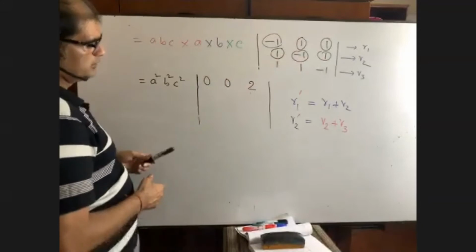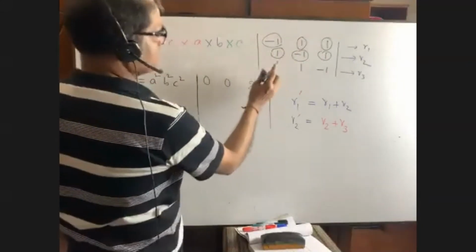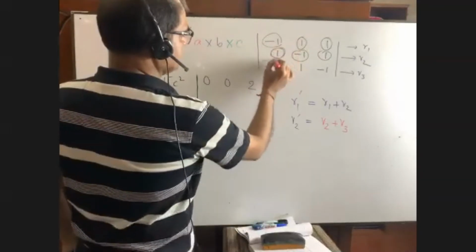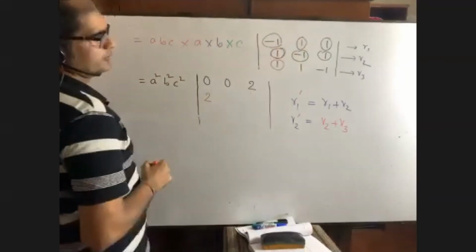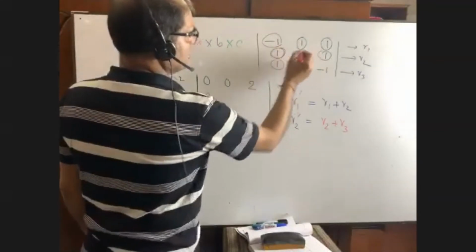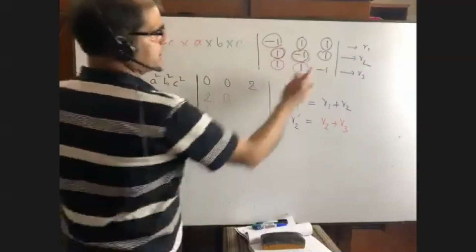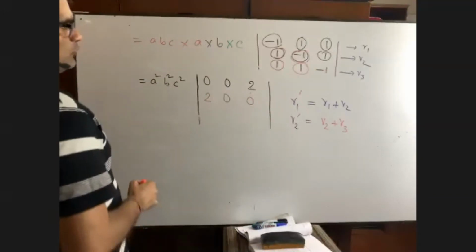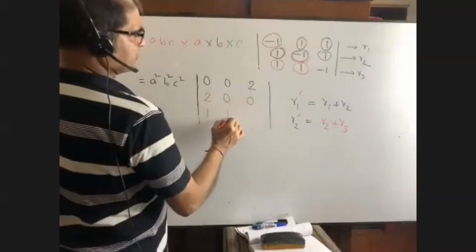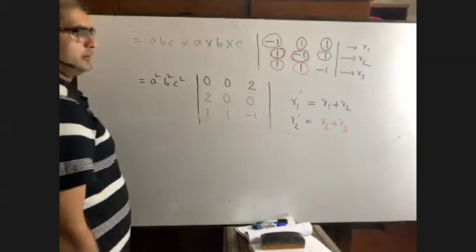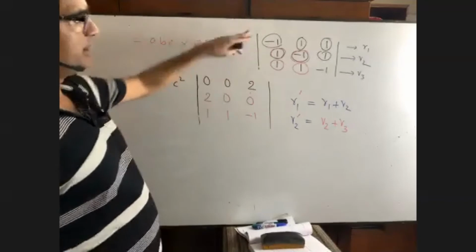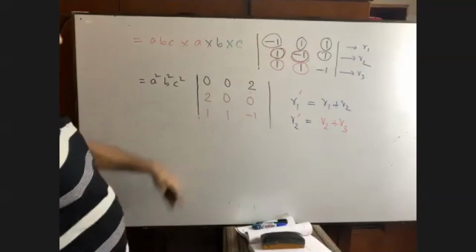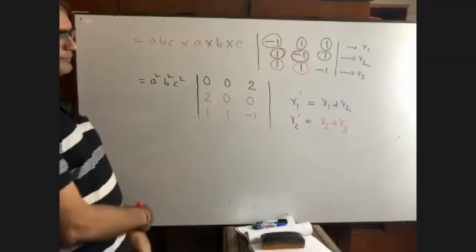And row 2. You again tell me 1 plus 1. Now this and this will be added. This one and this one will be added. It will be 2. This one and this minus 1 will be added. It is 0. This one and this minus 1 will be added. It is also 0. And third row will be kept as it is. No functioning always. Even if we add the third row with the first or second, it won't change. Okay, so just try to understand this part. Then you're done.